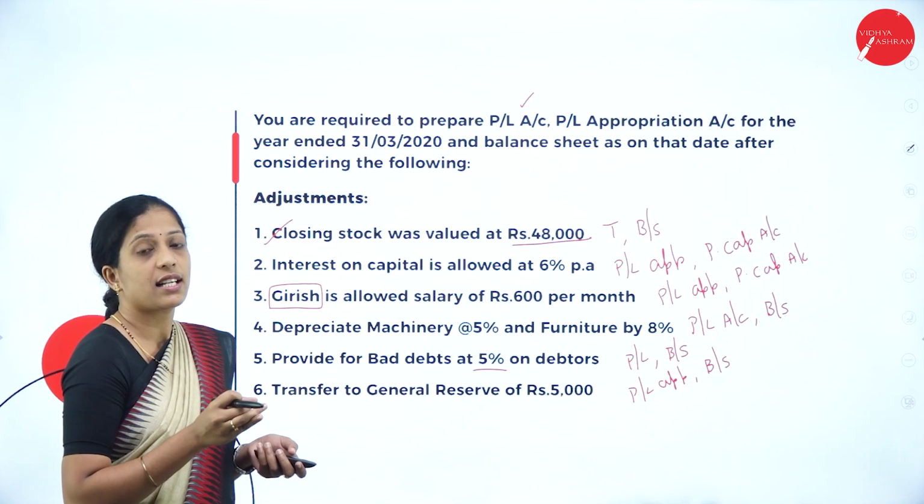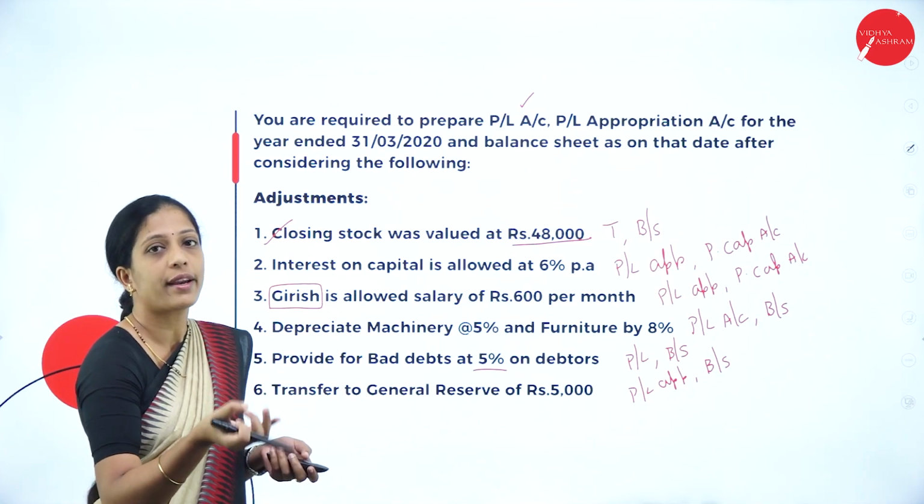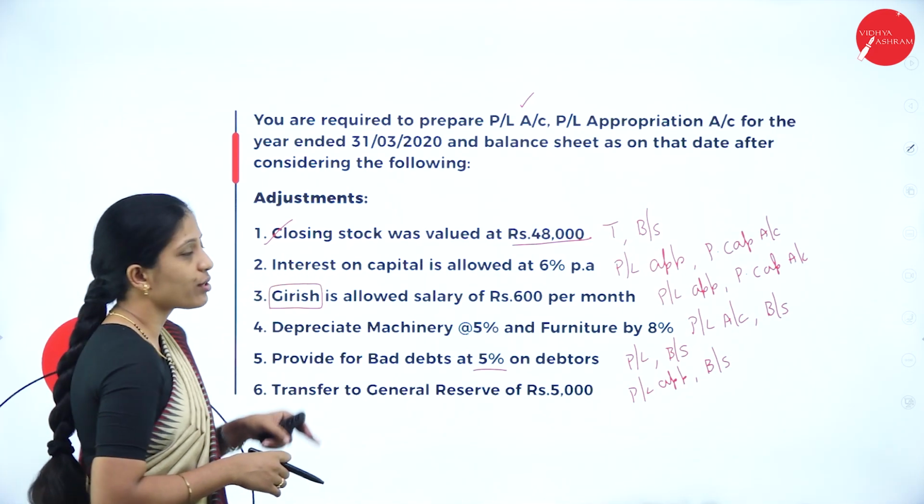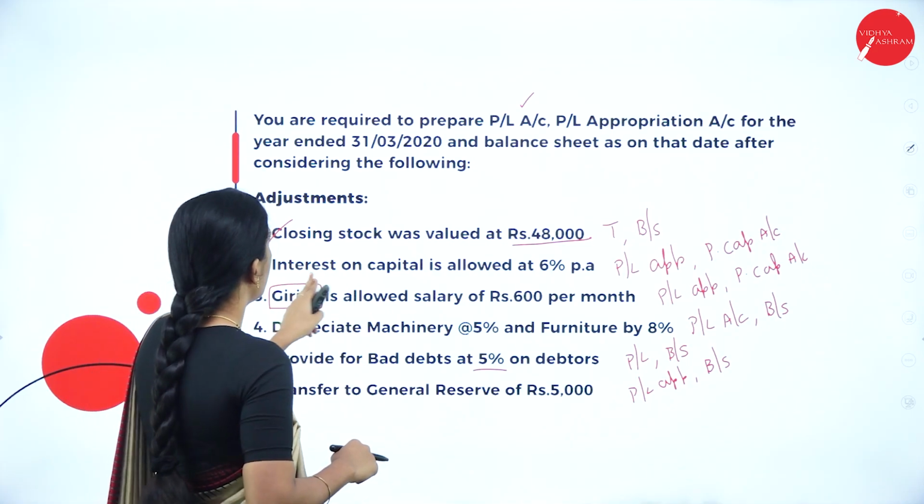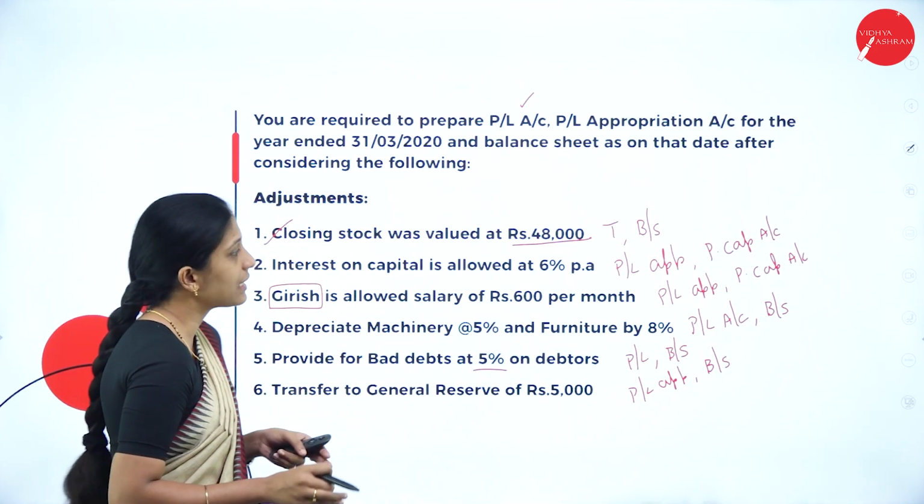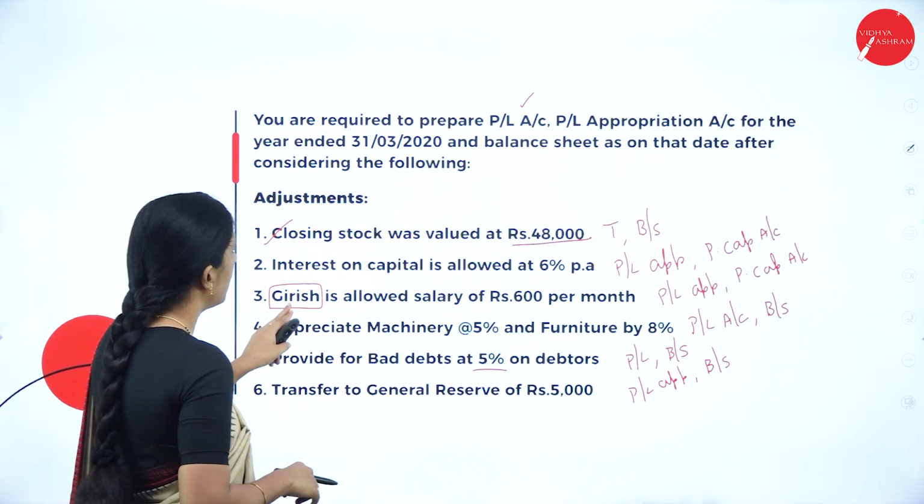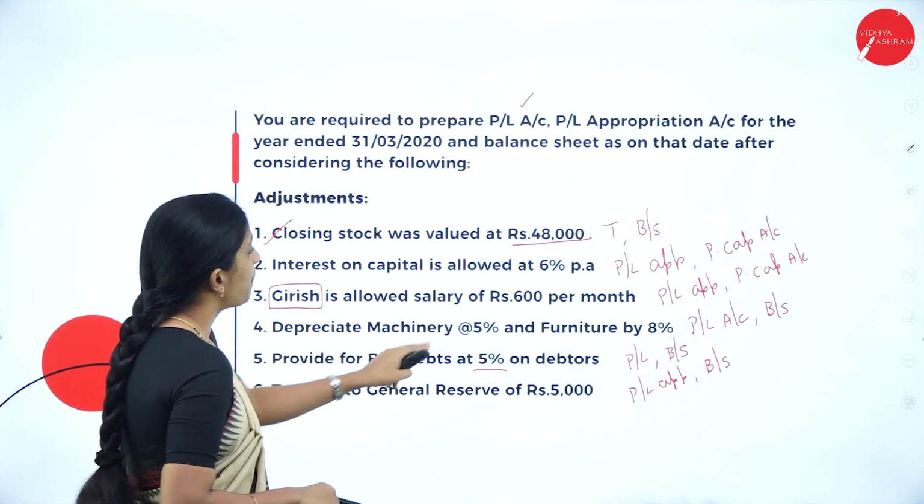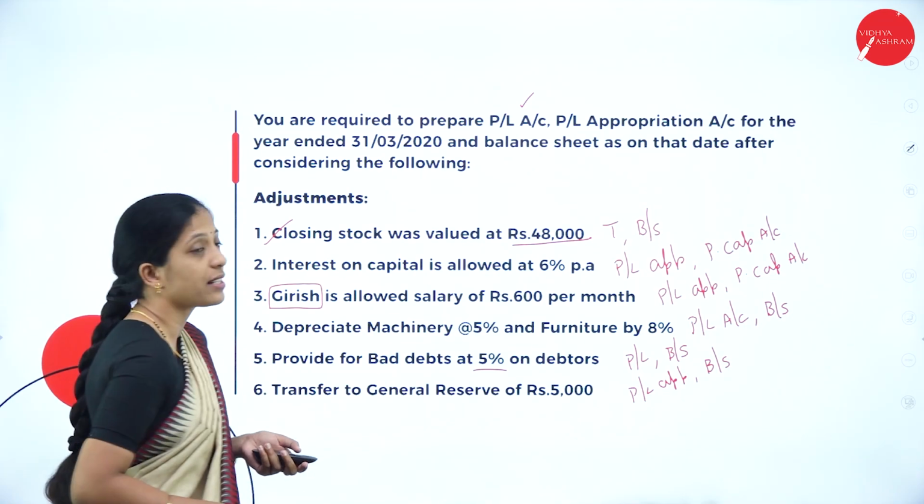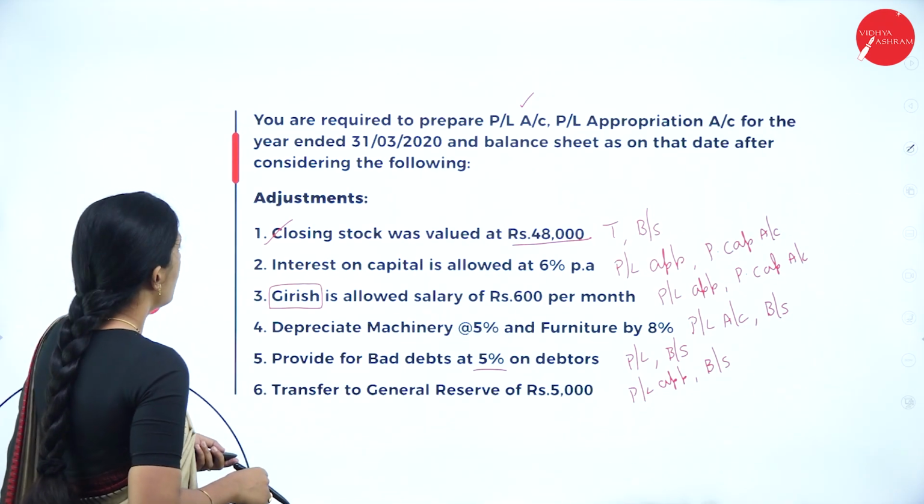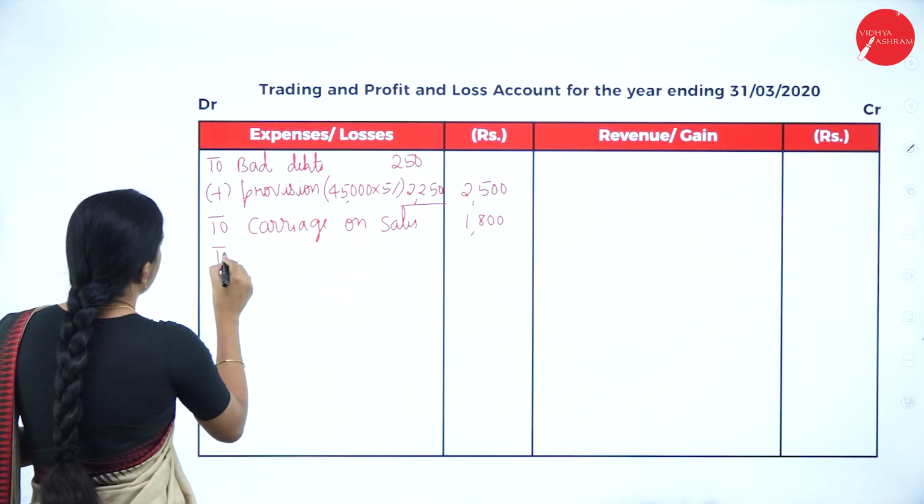At least once it has to be recorded in your trading or in your profit and loss account. So closing stock we have taken in your trading account. Interest on capital doesn't come here. It comes under P&L appropriation account as well as partners capital account. Salary also. Now depreciation we have to take, that is 5% and 8% on furniture. So how do you write? To depreciation,